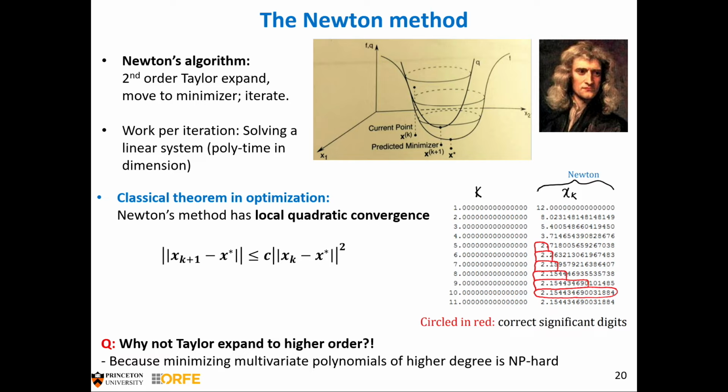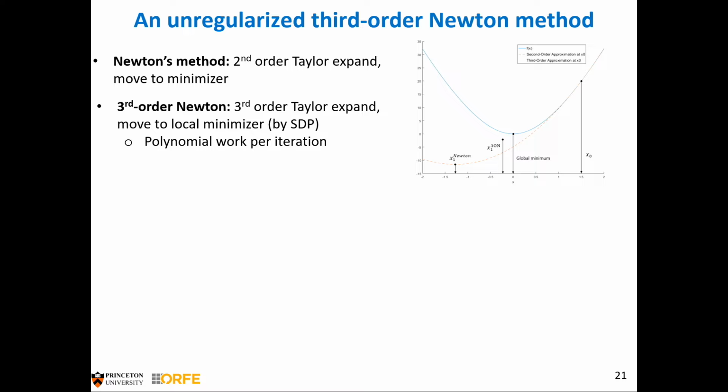And we've already seen that minimizing polynomials globally is hard, but even finding a critical point is hard in degree 3, or finding a local minimum is hard in degree 4. These are things that I just claimed. But there was one case that was easy, which is that I can find the local minimum of a cubic polynomial. So in the same paper with Jeff, we proposed what we call an unregularized third order Newton method,